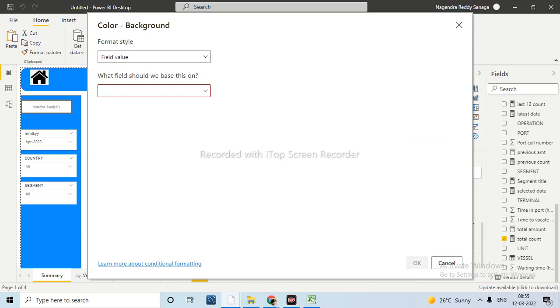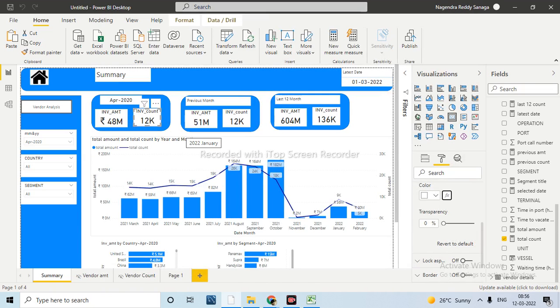In the field value, we have directly written the measure. Otherwise, you can define the logic even here, no problem. Instead of creating the measure, you can directly pass this one. We will do that for the remaining also. By using this method, you can do that. Now for this format, click OK. This background should come as green.